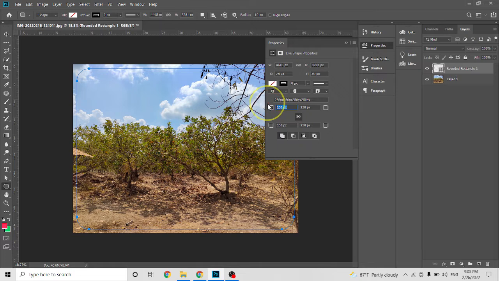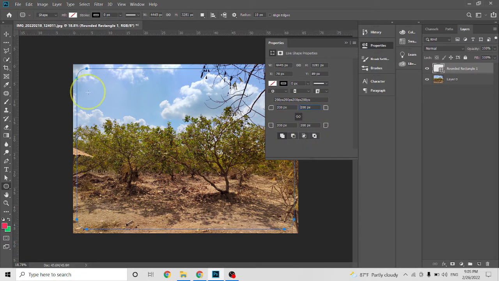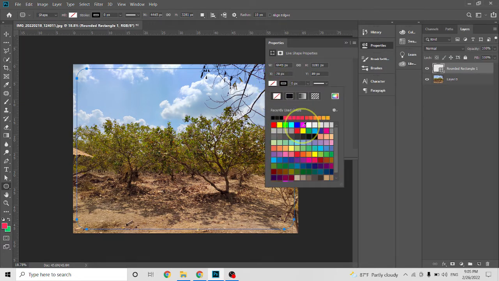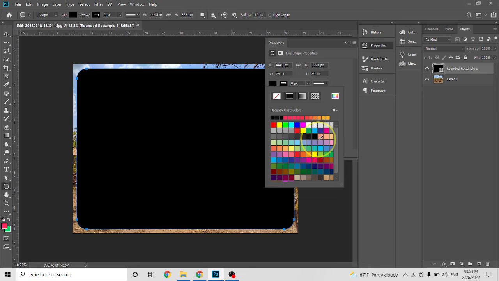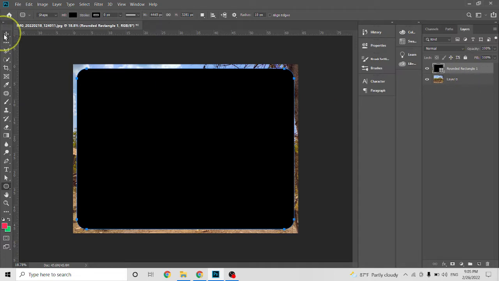If you want to change it to 200, it's up to you. See, it's a little different. And then click here. Make sure it's black or another color, but I want it to be black. And then that's all. Click here